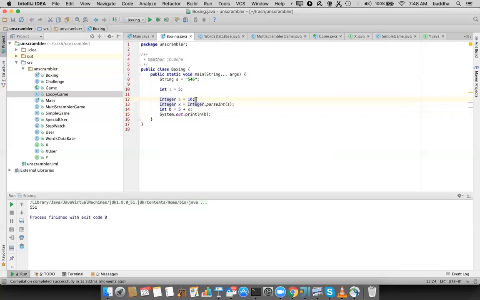Now, when we say Integer a equals 10, this is essentially a primitive int, but it is getting converted to a wrapped Integer object. That process is called boxing. And also if we say i equals a, now this is an object. Generally, we cannot assign objects to primitive data types, because a primitive int only takes 4 bytes, whereas if we take this class,